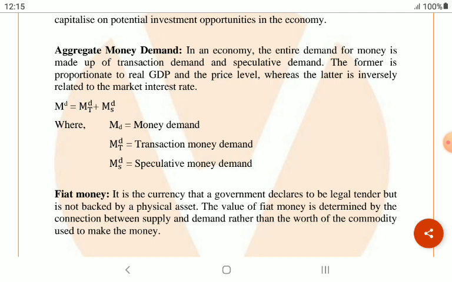Okay, so this is the formula for aggregated money demand. Next,